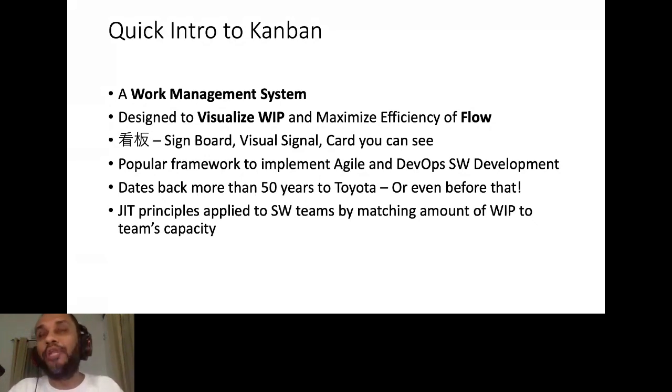Let's say we have only 3 software developers, and if we keep on pushing more and more user stories to them and ask them to do the work, it will not be efficient. The developers will end up multitasking, or the developers will end up having a lot of items in progress. Nothing is done, right? Our intention of using Kanban as software development teams should be to create a